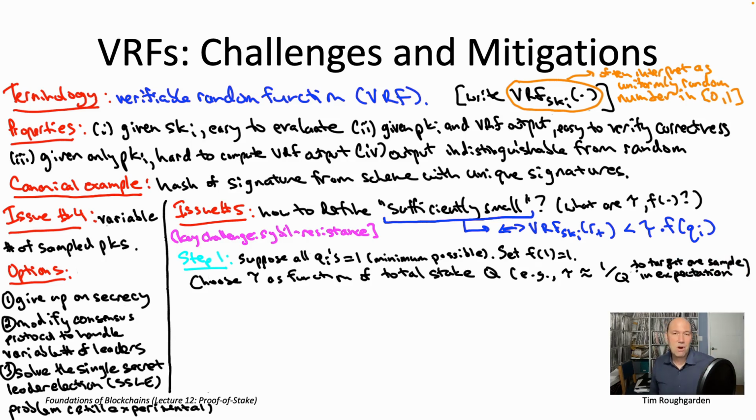That's a natural place to start. As discussed in the past, maybe you want to fiddle with that a little bit, multiply it by 2, divide it by 2, etc., in order to trade off the frequency of the first bad case of having nobody sampled with the frequency of the second bad case of having more than one person sampled.